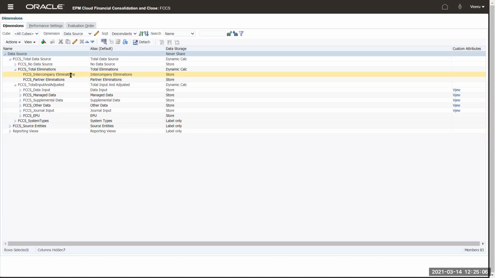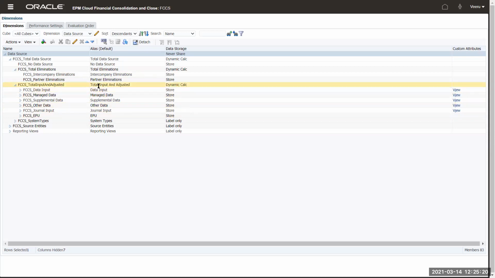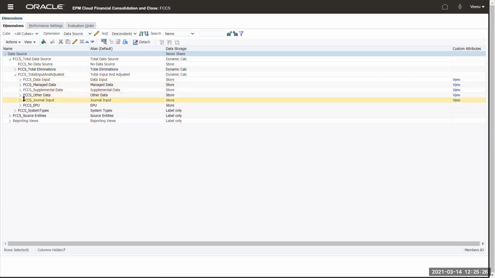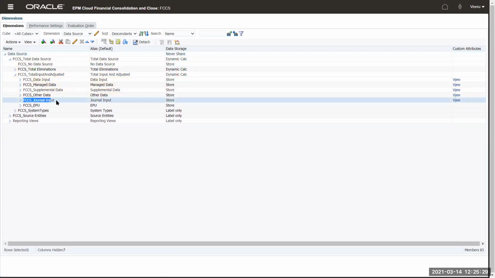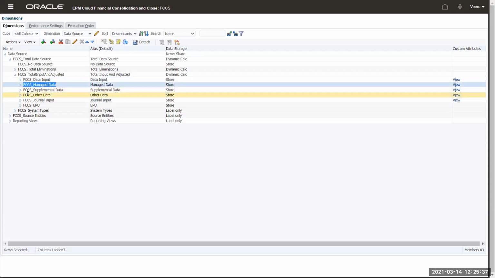This is just to segregate. The system is basically allowing the rules to see how much data has been eliminated, for reporting purposes. For reporting, but consolidation also. We will load data only in data input, or journal input. You don't load data into manage journal input. You load journals. When you load journals, the system will use this journal input member. You usually use data input, managed data. Journal means we'll use journal functionality. And then other data, if you have enabled it, other data will come. If you have not enabled it, other data won't be there.